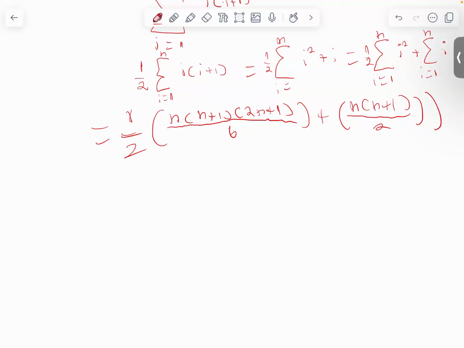So the first thing we do is, since this has a denominator of 6, we can put this in terms of a denominator of 6. And all we have to do for that is just multiply the top by 3 and the bottom by 3, and this becomes